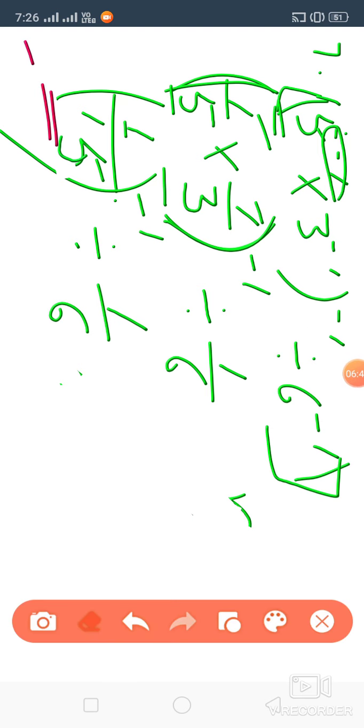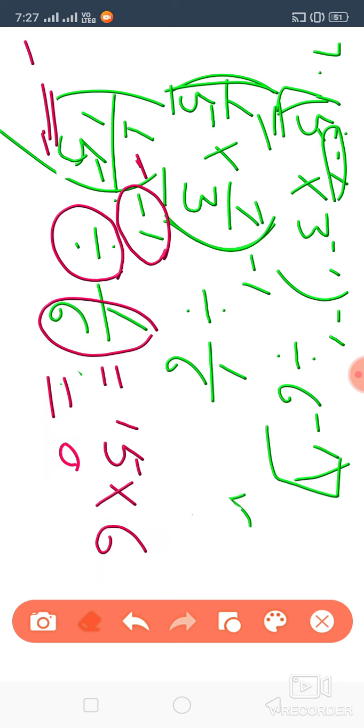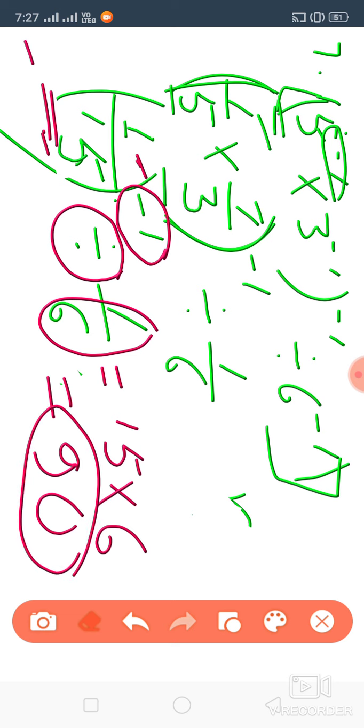Now this part, 1 by 15 to the power minus 1. Look at here, again the exponent is minus 1. So to make it plus, what do we have to do? We have to take its reciprocal. It will become 15 by 1, which means 15 only. Then divided by 1 by 6. So this division sign will change into a multiplication sign and we will take the reciprocal of 1 by 6. It will become 6 by 1, which means 6 only. So 15 into 6, how much will we get? 90. So this is your final answer. I hope it is clear to you.